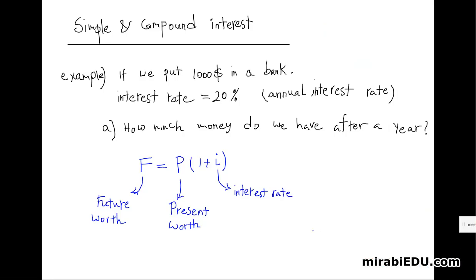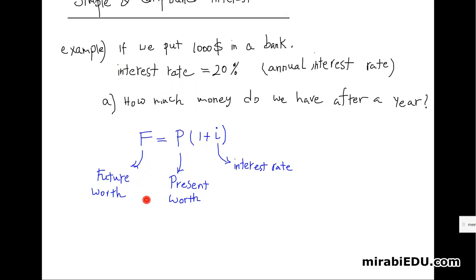Okay, so let me resume. I was saying that this is future value, this is present value, and this is interest rate. If we apply the given numbers, the present value is $1,000, and the interest rate is 20%. So this is 0.2. So the future value will be $1,000 times 1.2, which will be